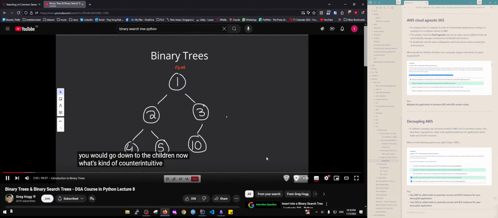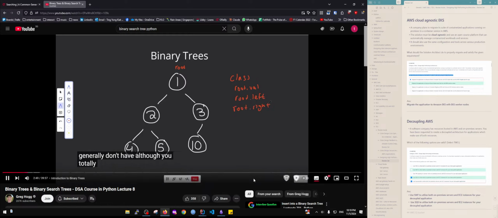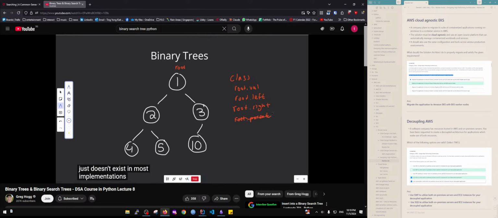Now what's kind of counterintuitive about the relationship is that notice that when I was drawing my class here, if I had an object here, I had a root and it has a value, a root.val. It also has a root.left, so that's basically its left child. It has a root.right, but what we generally don't have, although you totally could, is the root.parent. This just doesn't exist in most implementations for who knows what reason. LeetCode decided that it's not going to be present, so generally this is the relationship we're given,